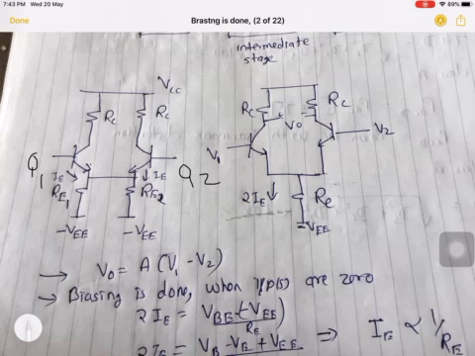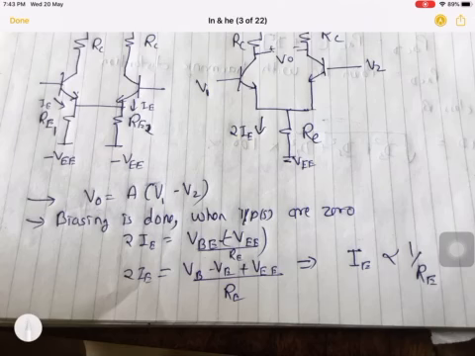So if we have to calculate the IE current, I can say twice IE is VBE minus VEE. We can say this voltage then this voltage, because I have used twice IE. In general, VBE can be written as VB minus VE. What I want to conclude is IE is proportional to 1 by RE. IE is inversely proportional to RE, meaning it is inversely proportional to the emitter resistor. This point we have to remember. I will use it, and the reason why we need to remember it, when we discuss further.